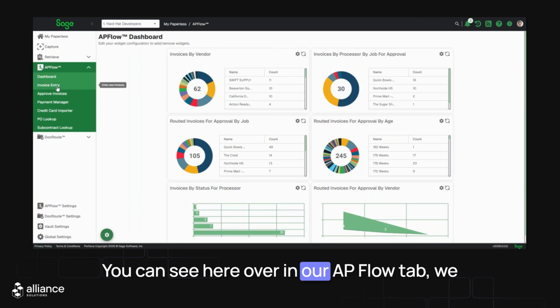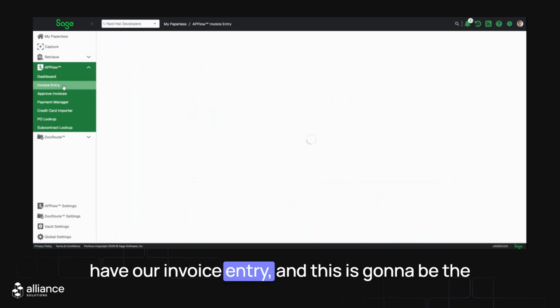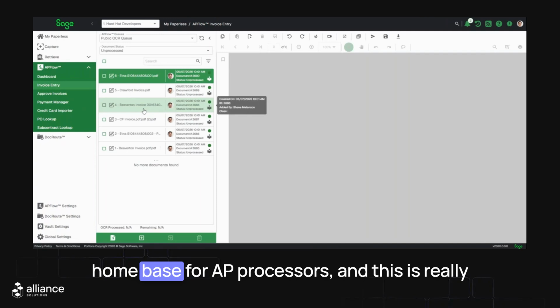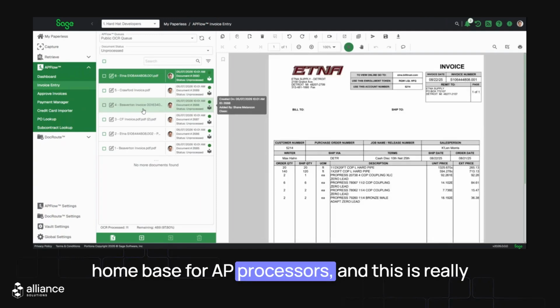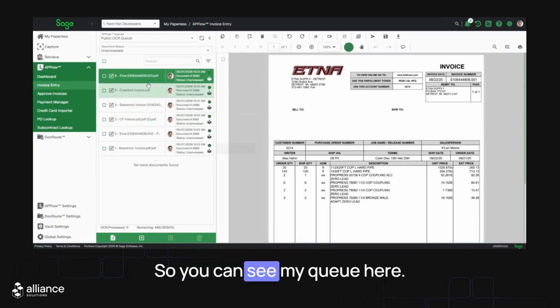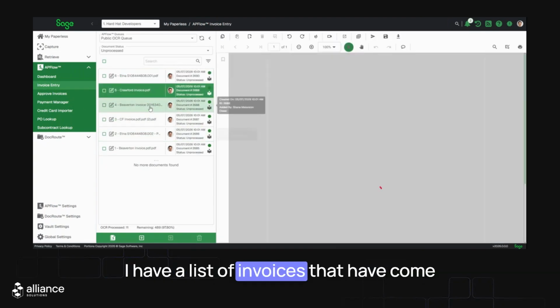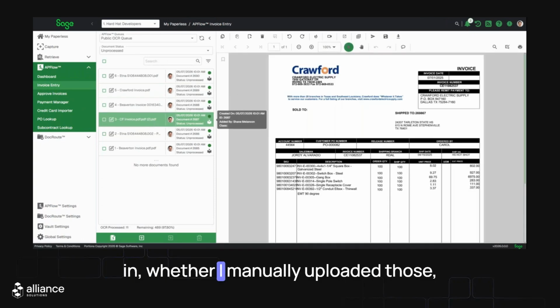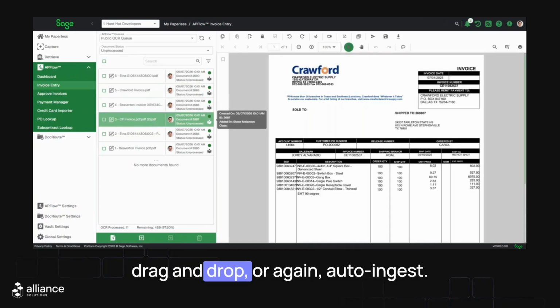You can see here over in our AP flow tab, we have our invoice entry, and this is going to be the home base for AP processors. And this is really where the entire process is going to kick off. So you can see my queue here. I have a list of invoices that have come in, whether I manually uploaded those, drag and drop, or again,